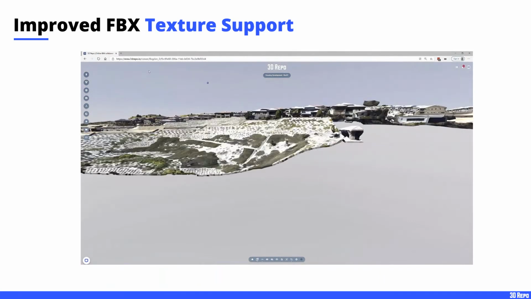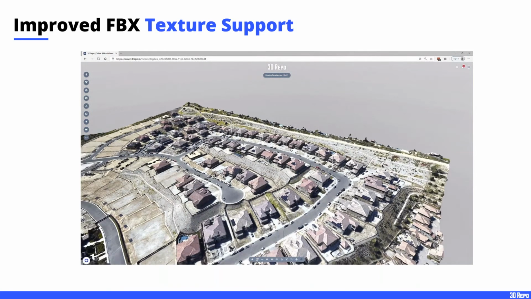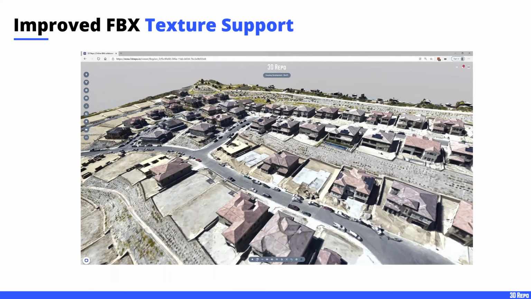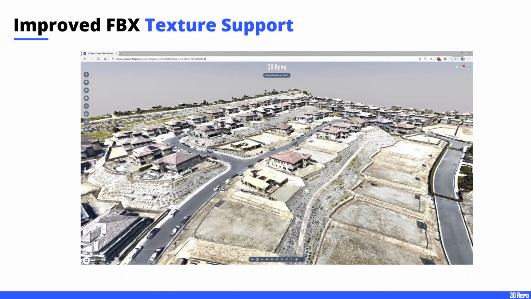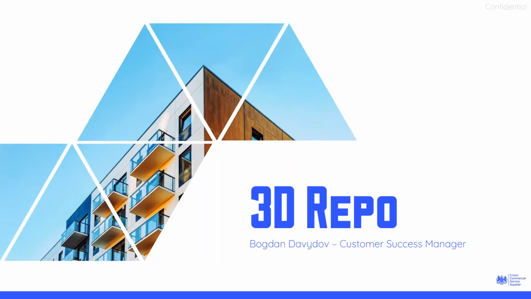So we've spent some time to improve FBX support. If you've got a point cloud converted to a mesh, you can bring that in and even include that alongside your 4D models to show off perhaps some of the more interesting details, so that your model isn't just kind of floating in space, because we know that's not too appealing. So we've improved that. And then for the final change, I'm going to hand over to our customer success manager,